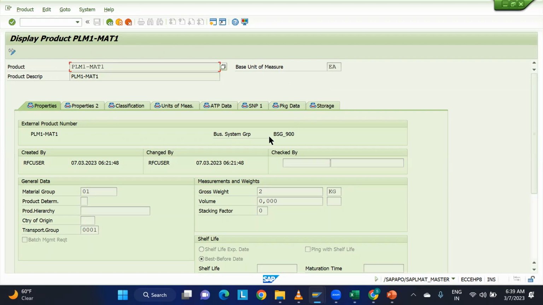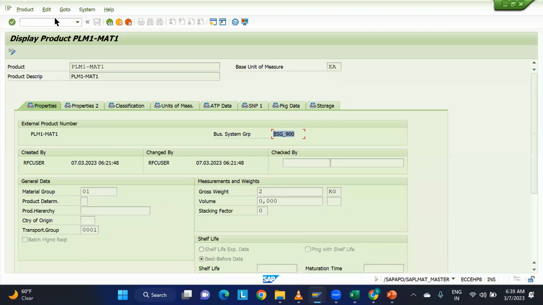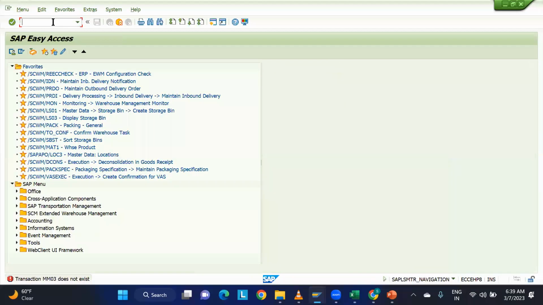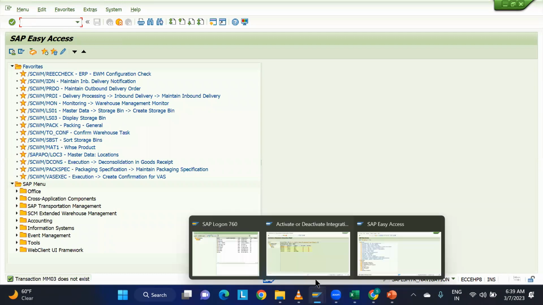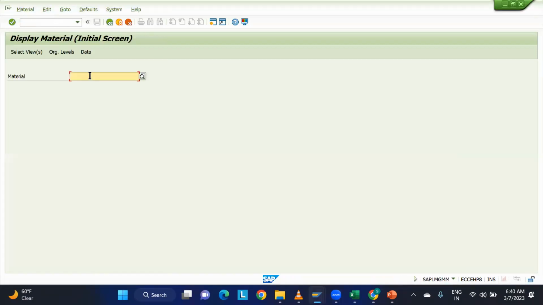It is coming from the business system group BSG_900, and in this BSG_900 the material number is this one. When I show you the materials, /n MM03. Oh, sorry, I'm doing it on the EWM side only. This is ERP. Okay, the material is